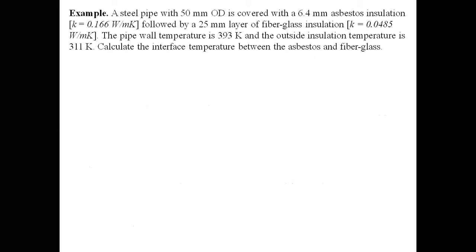A steel pipe with 50 mm outer diameter is covered with a 6.4 mm asbestos insulation, K given, followed by a 25 mm layer of fiberglass insulation. The pipe wall temperature is 393 Kelvin and the outside insulation temperature is 311 Kelvin. Calculate the interface temperature between the asbestos and fiberglass. So basically,